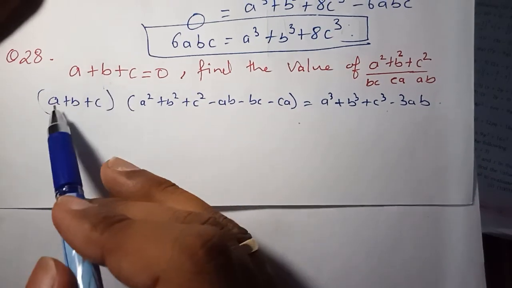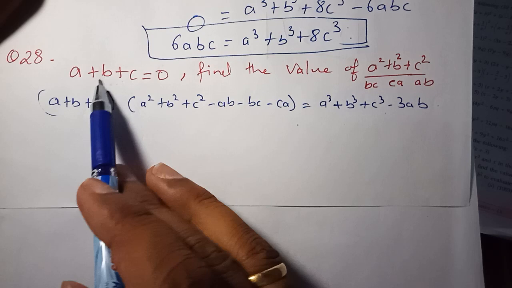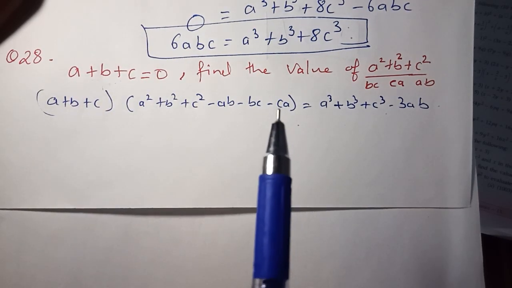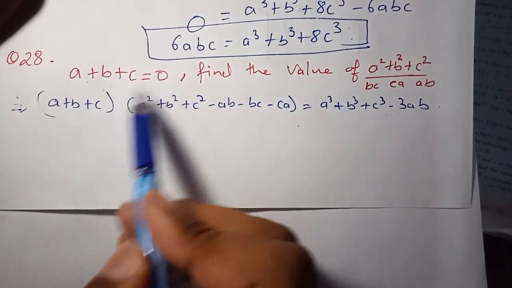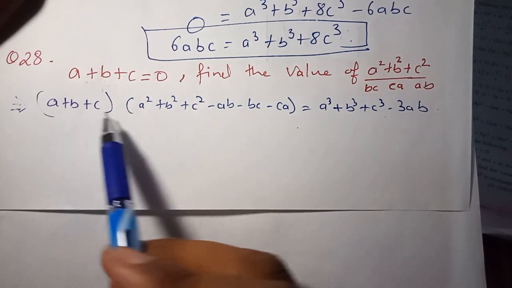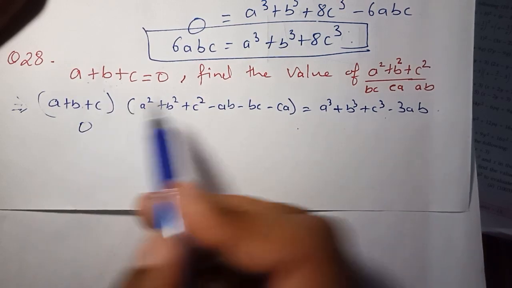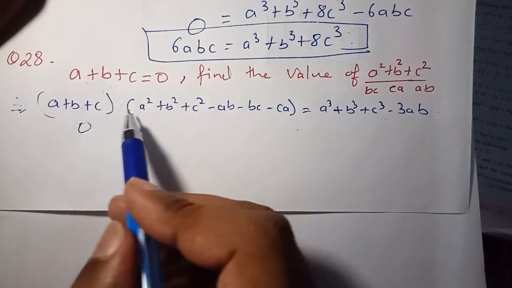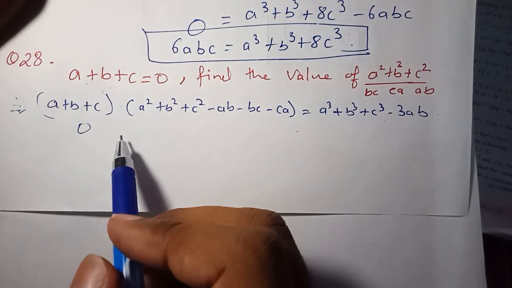Over here, I have written down the formula already, if you can see. They have given me the value of something, and the value of a plus b plus c is equal to 0. Wherever you see a plus b plus c together, you're just going to put 0 over there. So everything becomes 0, because 0 multiplied by something is 0. Over here they are getting multiplied. When two brackets are there with no sign between them, it means both the brackets are getting multiplied.